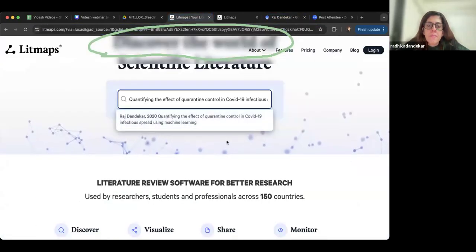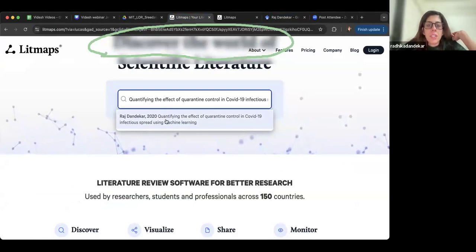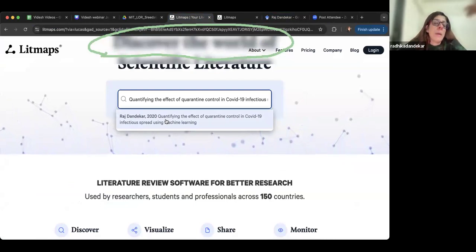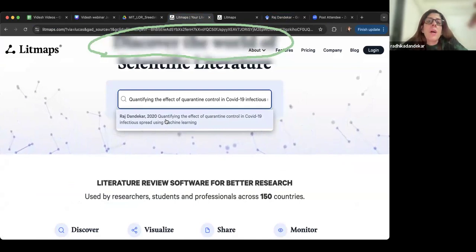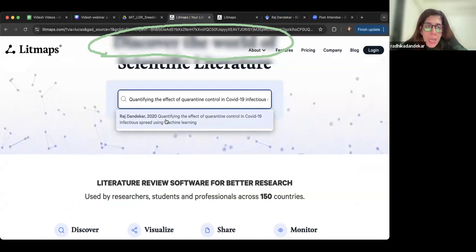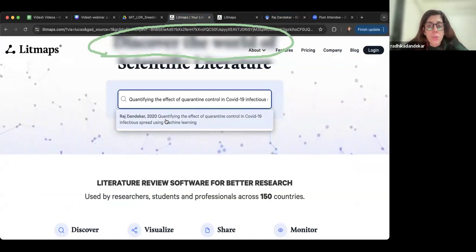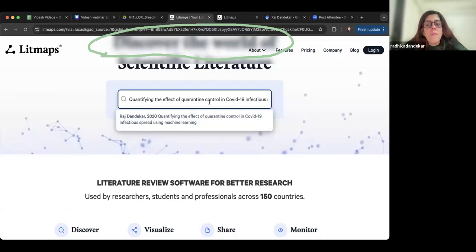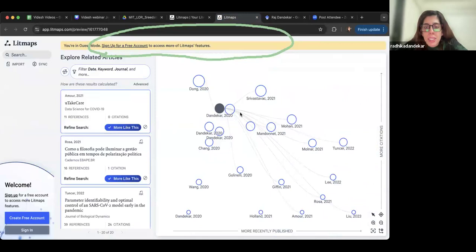Yeah, so when you click on Litmaps, you first have to enter the title of the paper that you are reading, for you to understand which paper you should read next. This is basically for you to understand which paper I should read next, so that it will help you in your literature study. When you put this in the search option, you get something like this.